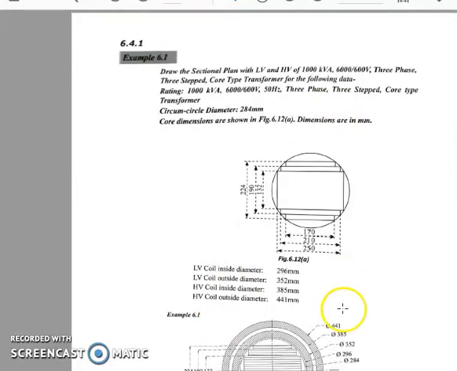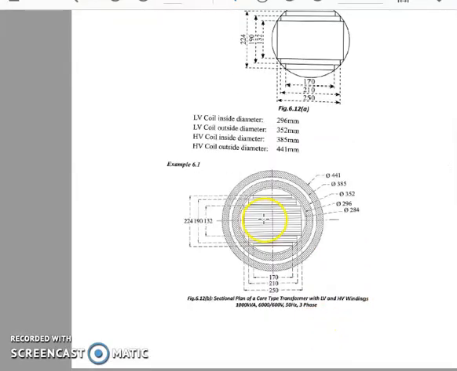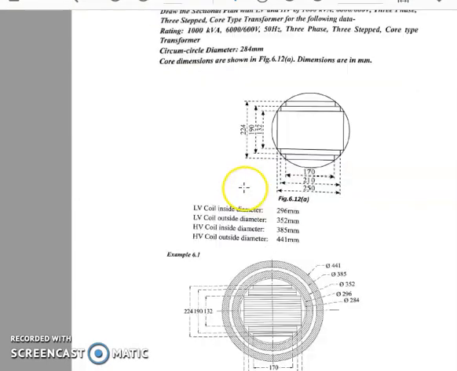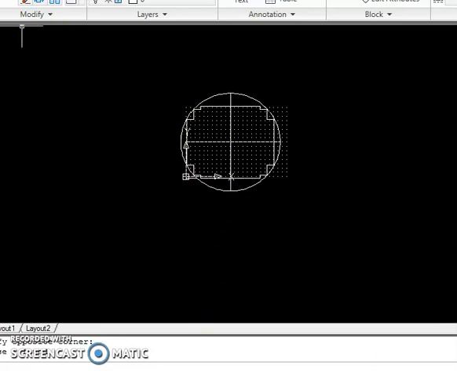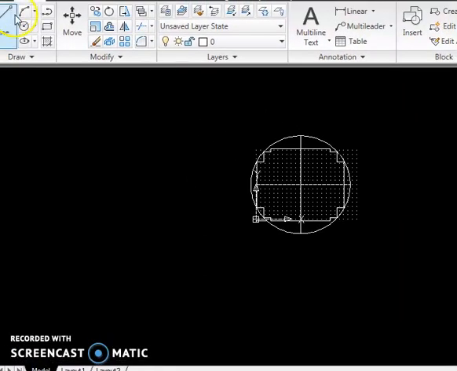Okay. So now the winding details I have given. LV coil inside diameter, first you will have the LV coil 296. So for that 296, simple. Select the circle. Keep this dynamic input on.